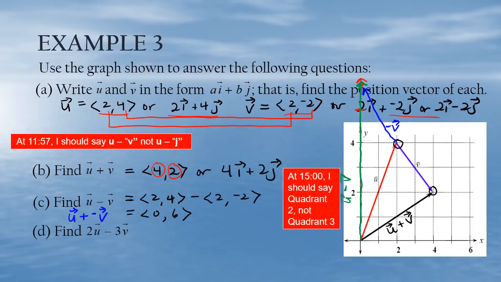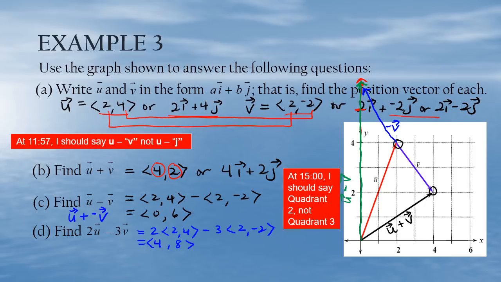Part D says to find 2u minus 3v, and I'm going to stop sketching these on the graph, but you should do this on your own just to make sure that you agree with the answers that we get here. So let me see here. I'm going to say that this is 2 times vector u. Vector u is 2, 4, and then minus 3 times vector v, which is 2, negative 2. And so I'm going to get 4, comma 8, and then